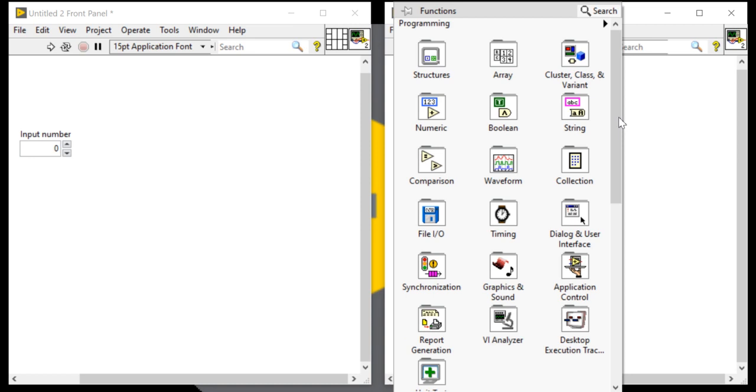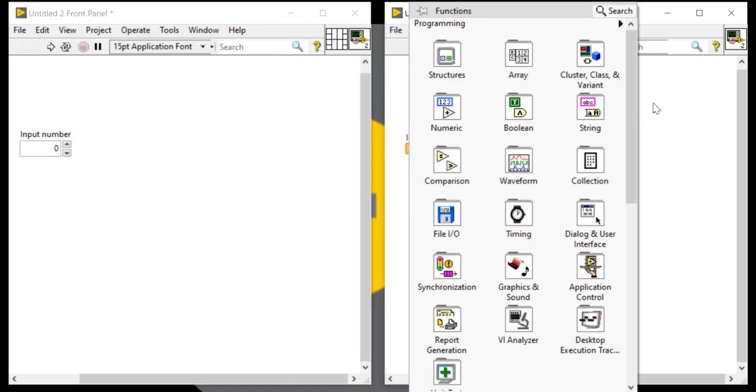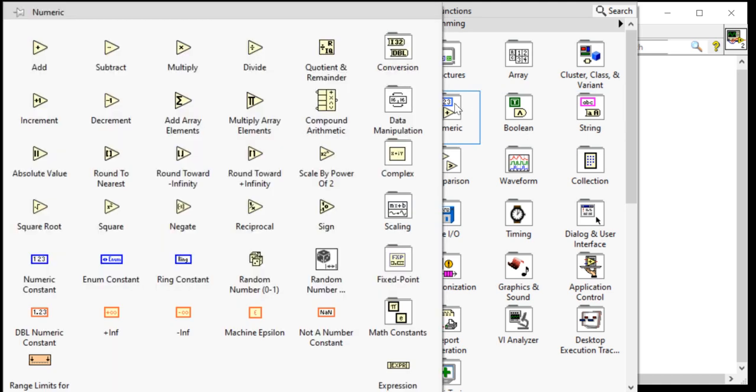To write that program, come to the block diagram, come into the numeric. There is the divide function, and there is the quotient and remainder function.